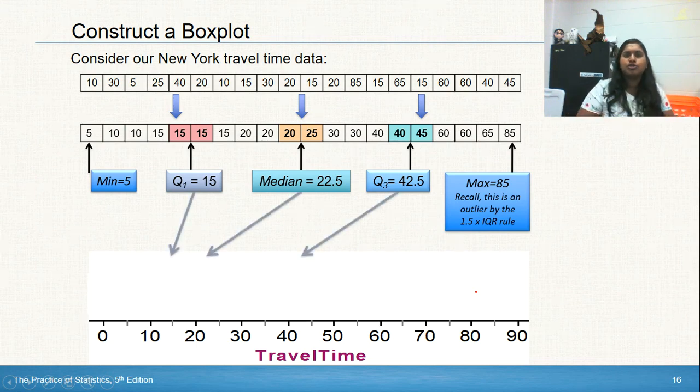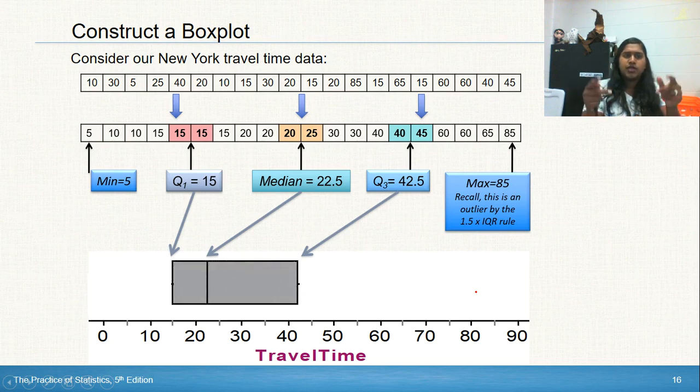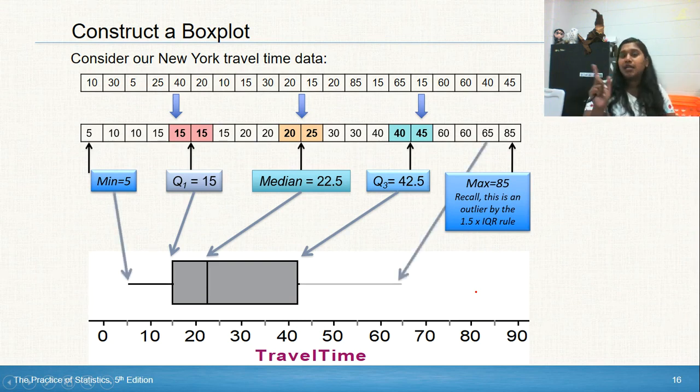And so I want to show you a visual aid of this. Now there's your Q1, there's your median, there's your Q3. My whisker on the left end happens to be my minimum value of 5, but my whisker on the right end is not going to be 85. It's going to be the next smallest number, which is 65, which is inside our IQR times 1.5 range. From there, I simply place my outlier on the outside and ta-da. I heard some questions the past couple weeks about this, so I wanted to make sure I showcase that.